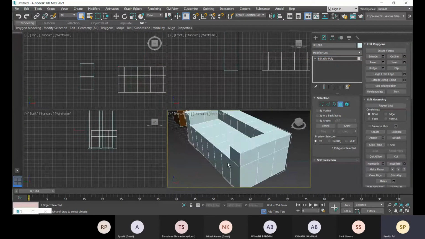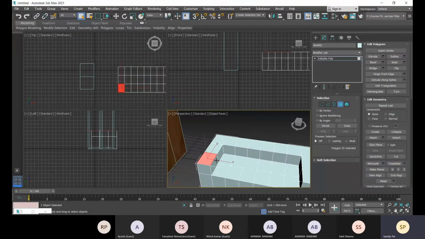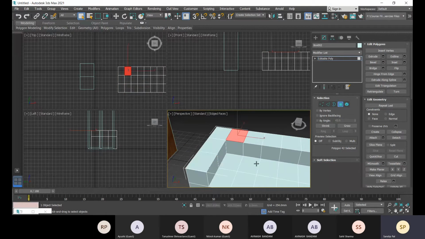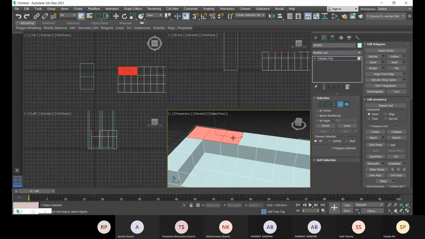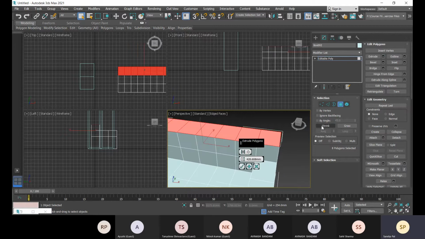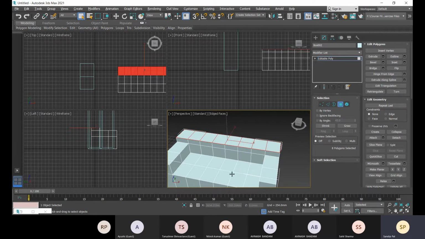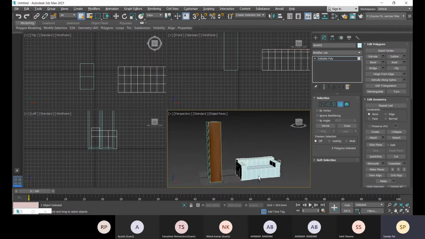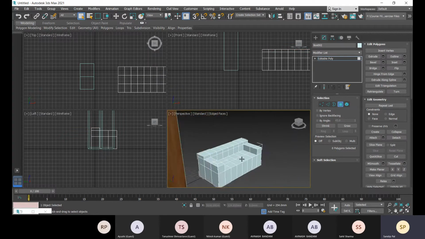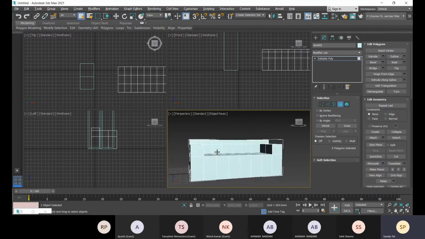Now let me extrude this again. Okay, so now we have this kind of shape. We can convert it later to smooth.